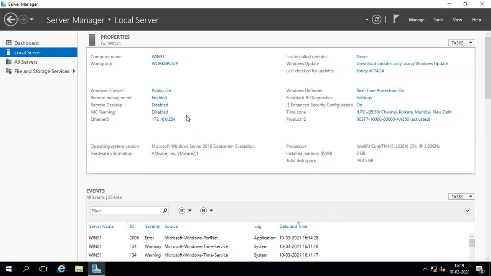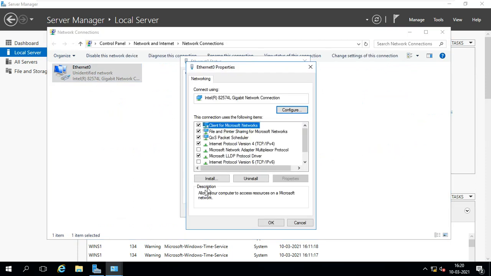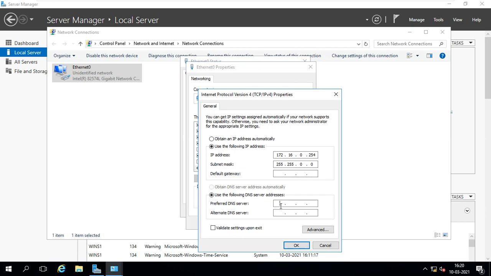So I'm going to the server again. Click here on the IP. Open properties, IPv4 properties. Then give it in the server because we are going to install DNS here. So the DNS server address is the same as the IP address. Same IP I'm using, same thing, so no change.